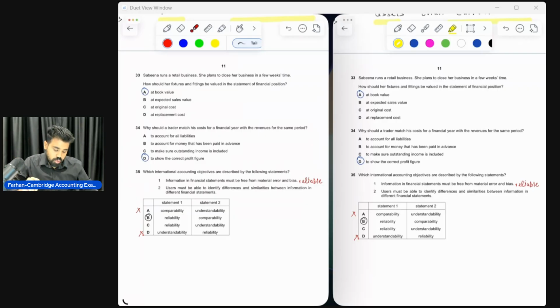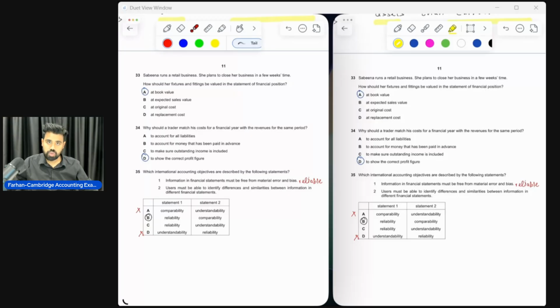And the net book value is mainly in the statement of financial position because it gives a clear picture and a clear view of the economic benefits that are still available for consumption in the business. So when Sabina would close her business, as part of closing the business, she would want to sell these fixtures and fittings to an external party. And that external party would be interested in the usage of this asset and the remaining economic benefits that are available for consumption. Okay, so therefore book value is the correct choice, and therefore option A is what you would